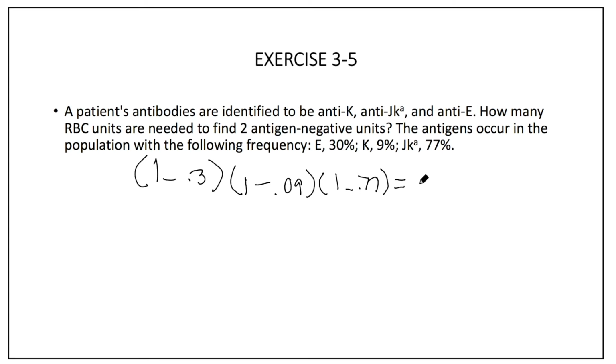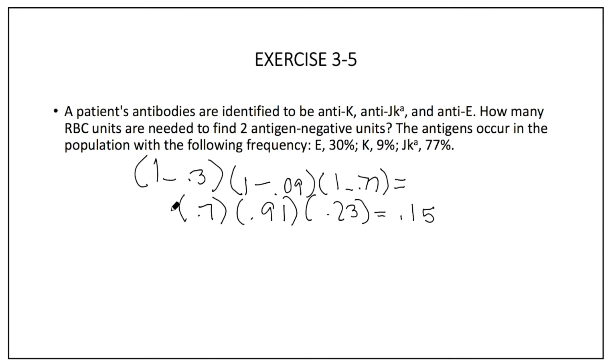So that would give us the same as 0.7 times 0.91 times 0.23. You multiply those out and you should get 0.15. So 0.15, or 15%, is the percentage that you would find a blood unit negative for E,